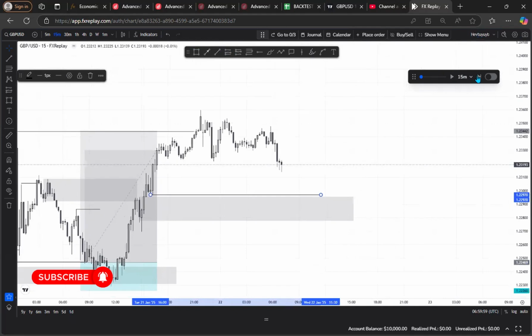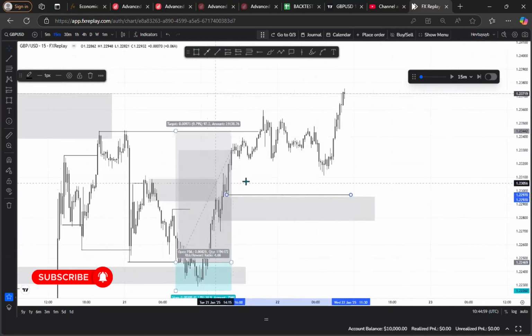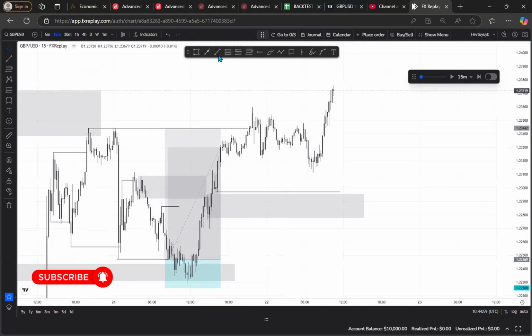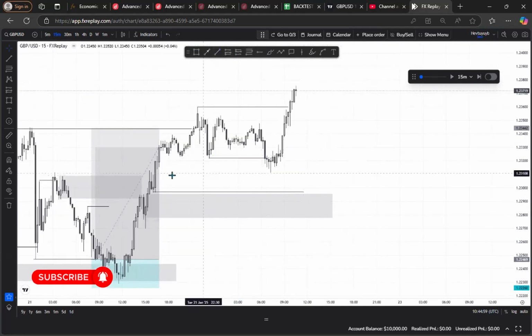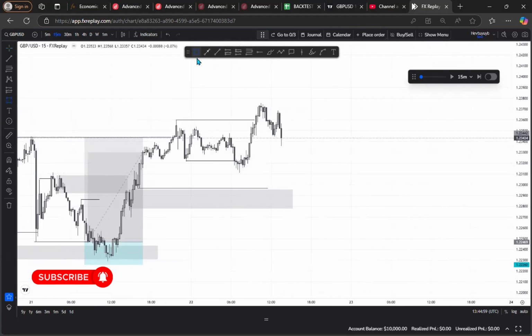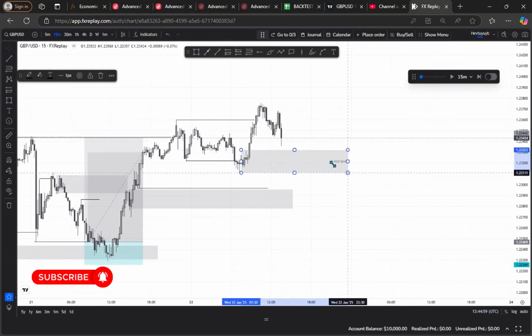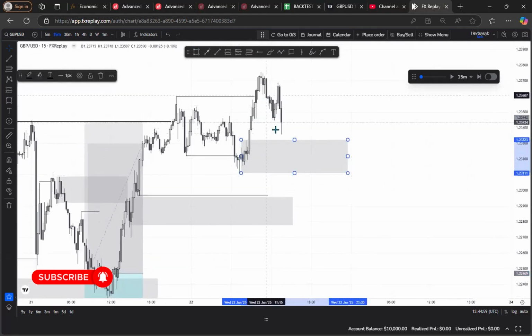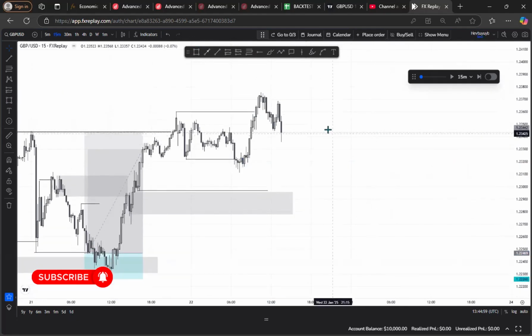So that's my expectation. Price did not come to my POI. Price broke structure to the upside, even sweeping liquidity here, mitigating the area I marked as an inducement. This area would have been another area I'd be looking to buy from, but price did not give a clean inducement in this POI. So I was not expecting price to buy from here.